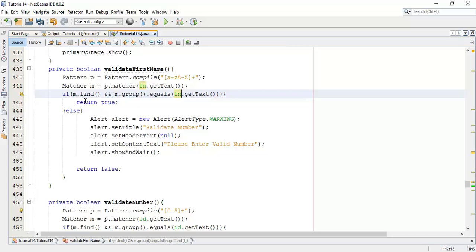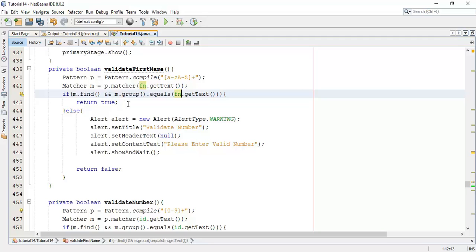We are going to match the first name with this pattern. If it is found matched, it's going to compare with all the input text. For example, if the name starts with a character or ends with a number, it's going to invalidate the first name field.